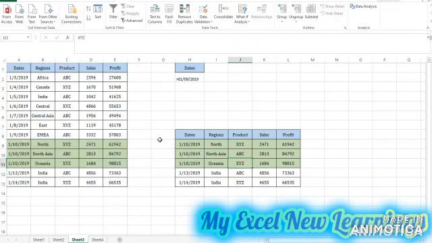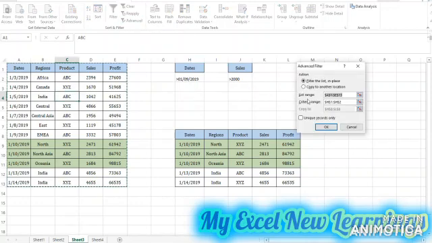So this is you can use the greater than, or if I want the sales, like greater than 2000. So I will use the same. Go to the data tab, click on the advanced filter, then copy to other location, then select your criteria.